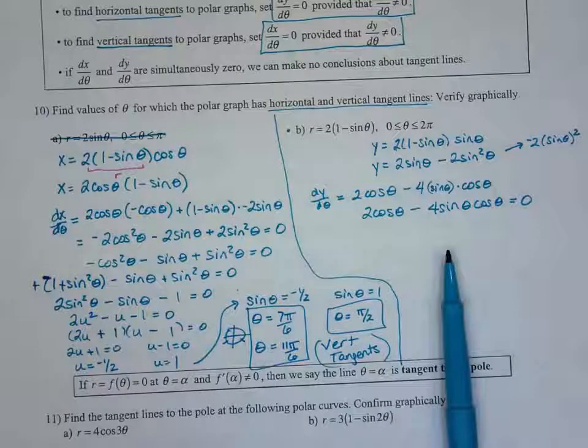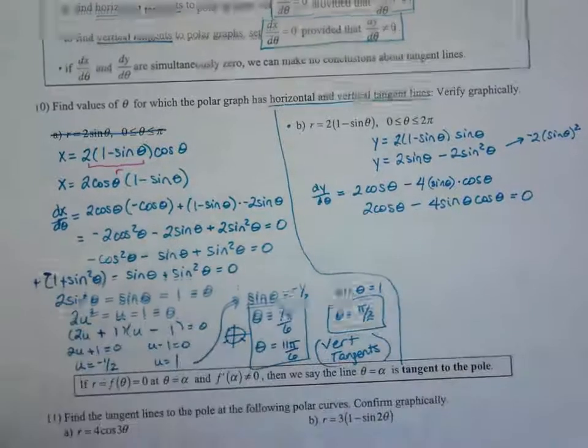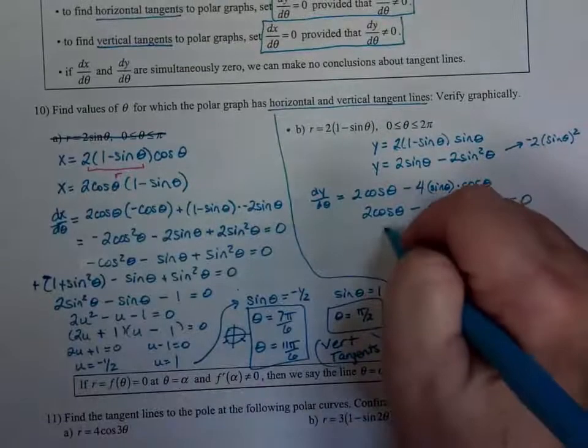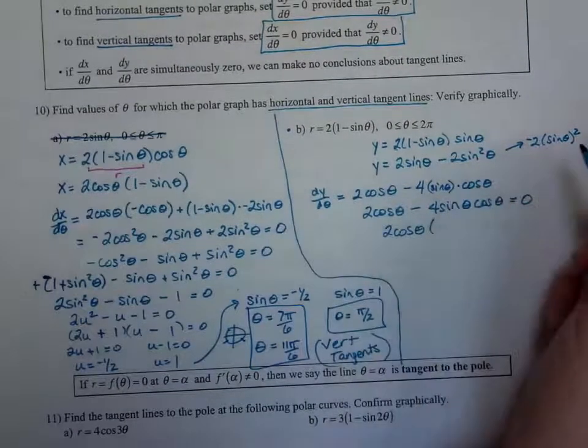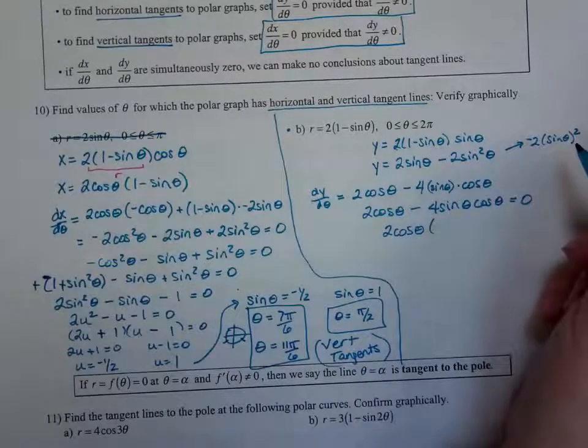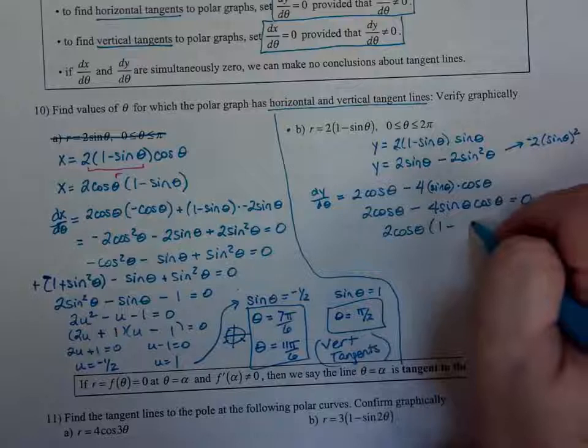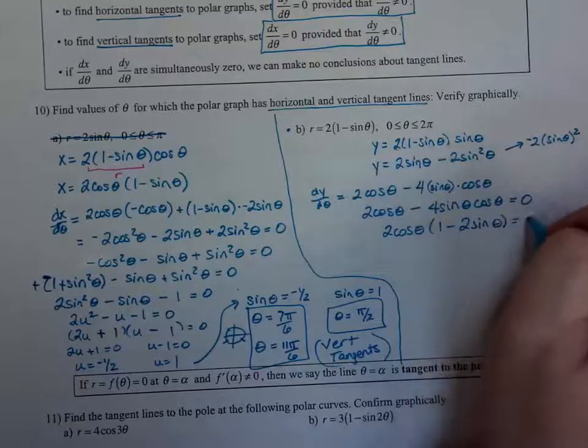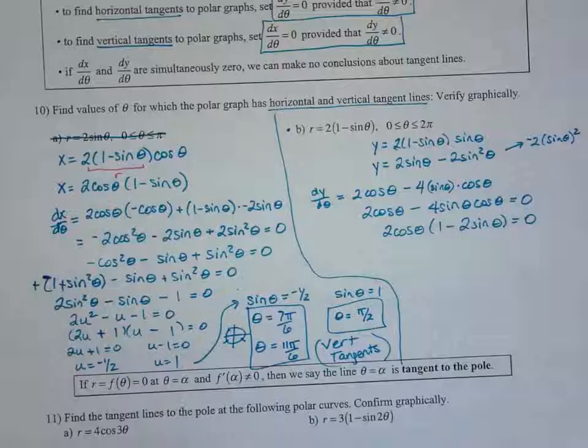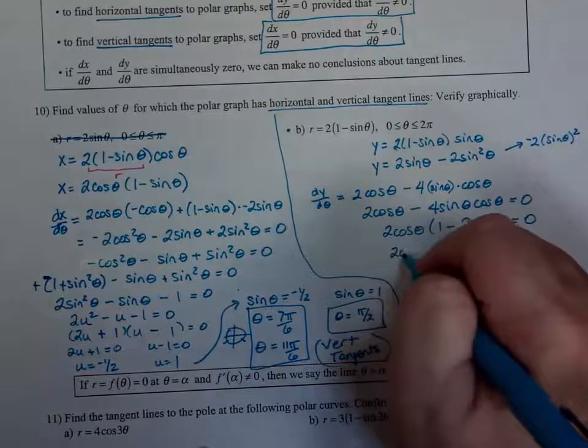You can only change sines to cosines or vice versa if they are squared, which means these guys are all stuck the way they are. But I can take out a cosine. Always look to factor. Usually factoring is the key to solving. I can take out a 2 cosine theta. What's left? 1 minus 2 sine theta equals 0. Okay, we're not going to change this to u's. We really don't need to because we're done factoring. That's it. So we set each one equal to 0,